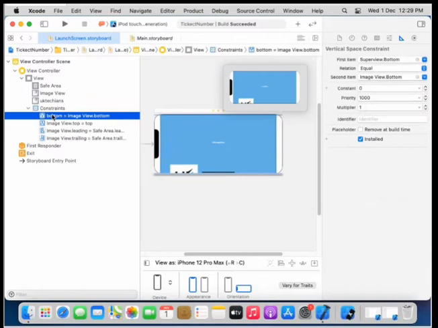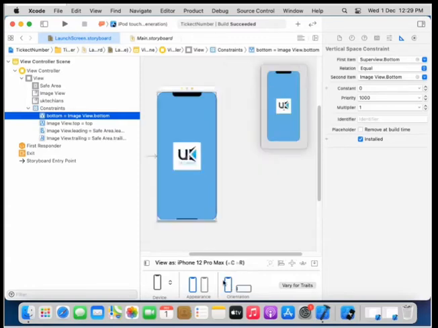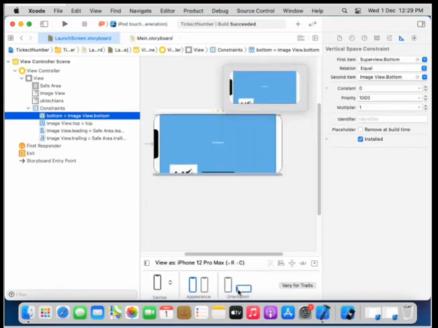So when we click on the bottom equals to bottom, image view dot bottom means that this is the bottom we see when we change the orientation. However, when we change the orientation to portrait, it will see the bottom is here. The top is this, the trailing position is this, and the leading position is this. But when we change the orientation, it shows the bottom position is this, the top position is this, the trailing position is this, and the leading position is this, right?